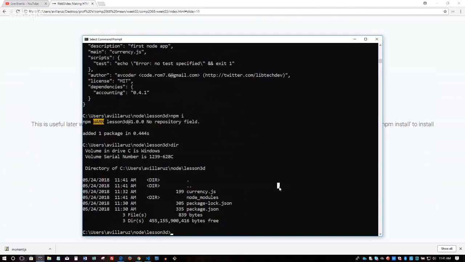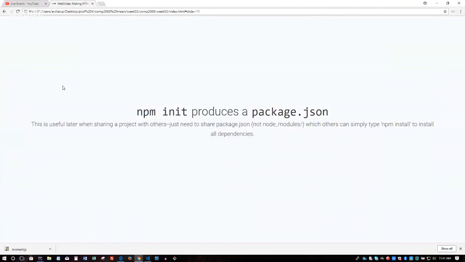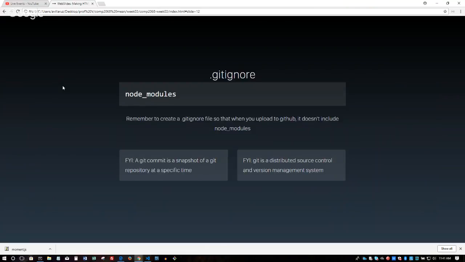I can run my Node app. And that's what most developers do, is that they'll download your Node app from GitHub. There will be no node_modules folder, because that's just too much weight. I'll say npm install, and now they're up and running. Okay. For your assignments to hand in to me, I would prefer node_modules not be there, so I can do the same thing. And that's where this file comes in.